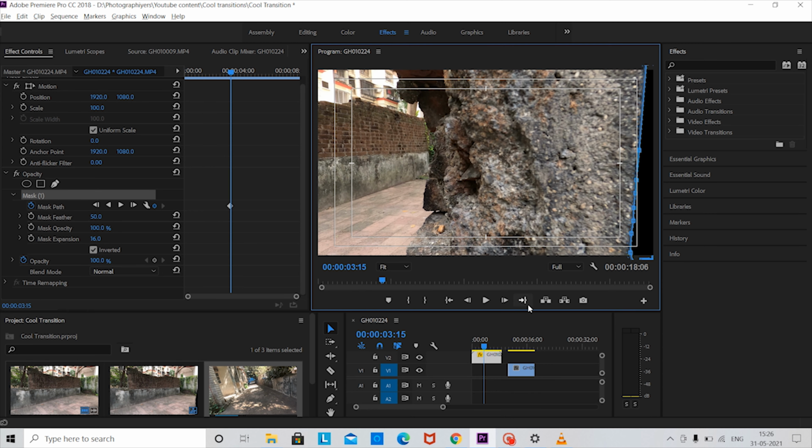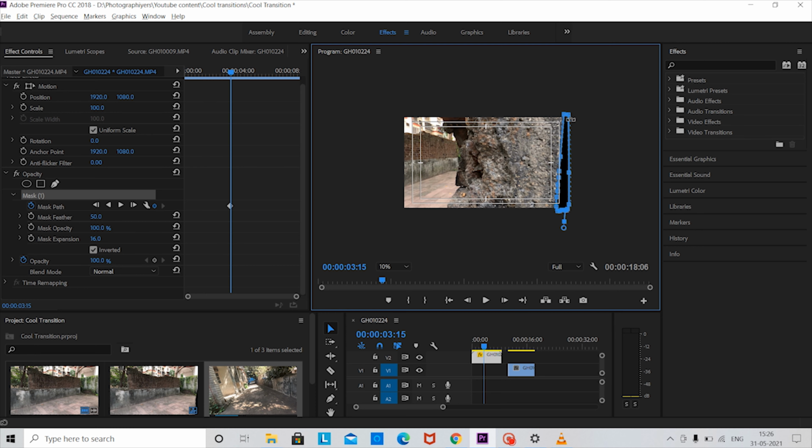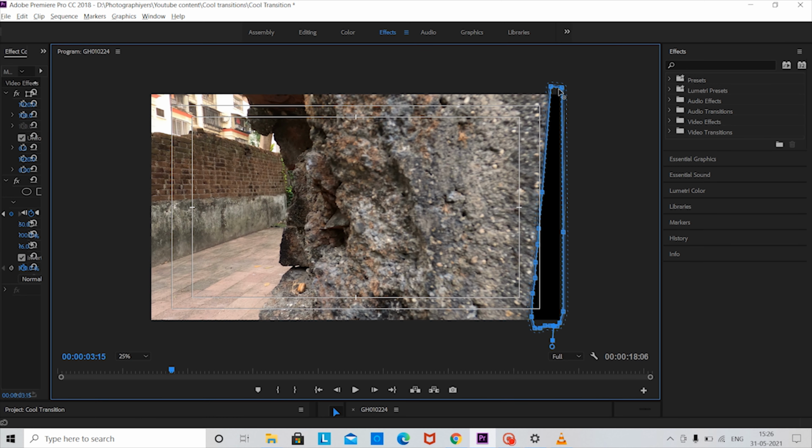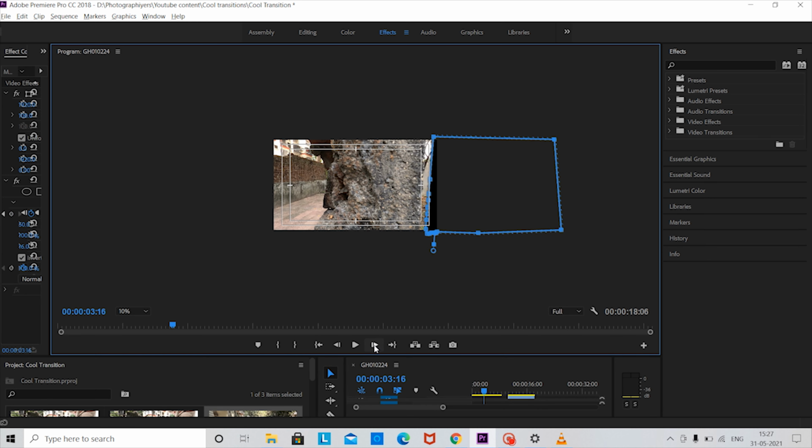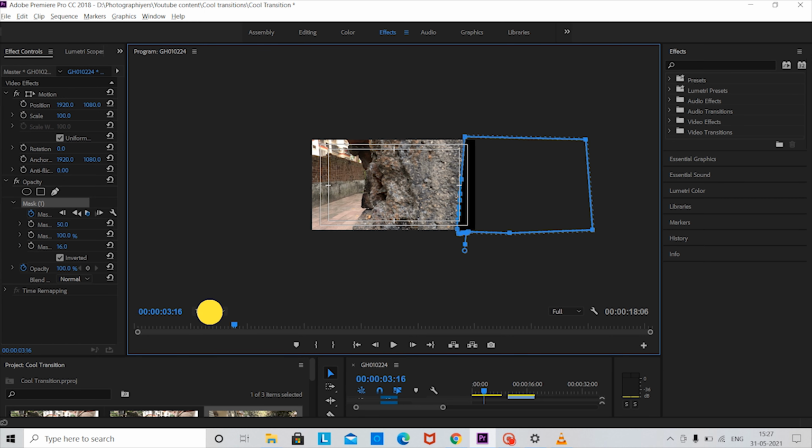So now I guess this frame is done, and also if I know that I have to cover the entire screen with the mask, I always prefer to stretch the right hand side of the mask path a little bit more so that I need not worry about adjusting the shape on the right end of the mask path. So let's move ahead. Now in each frame you just have to move the mask to the left as you have already increased the mask to the right. So let's zoom in.